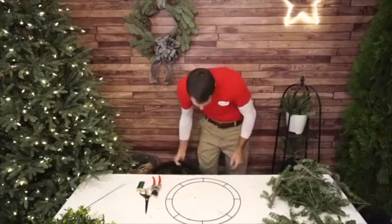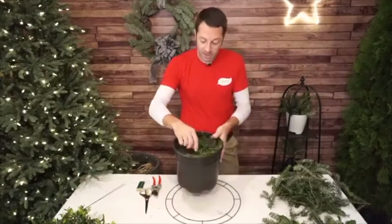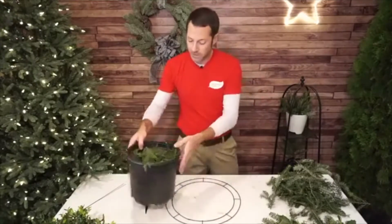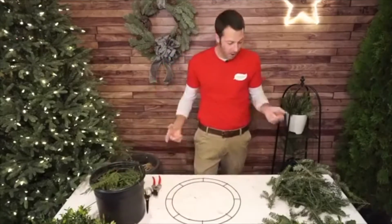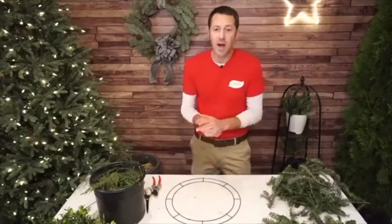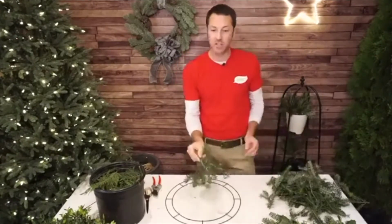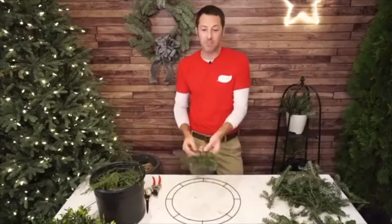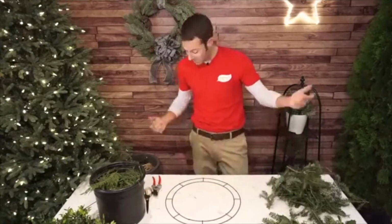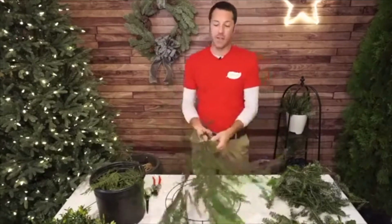And then I've got a bucket here full of Leyland cypress tips. So these are just cypress tips. So let me explain to you real quick on kind of how I went about doing that. A branch of Fraser fir branch, you can get here, you can get cuttings here. Typically you're going to get a little bit of a bigger section than maybe this, but this is about the size that you want. For cypress, so if you've got a Leyland cypress, so this is a Leyland cypress here,